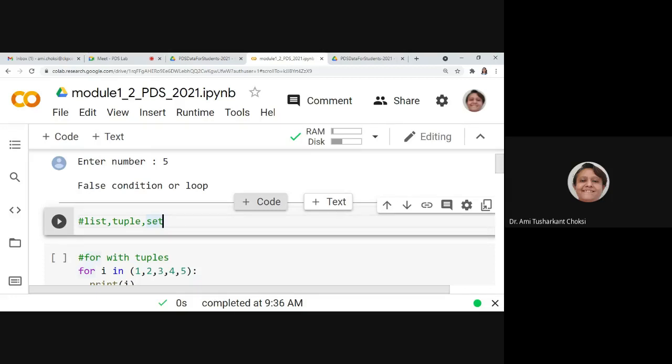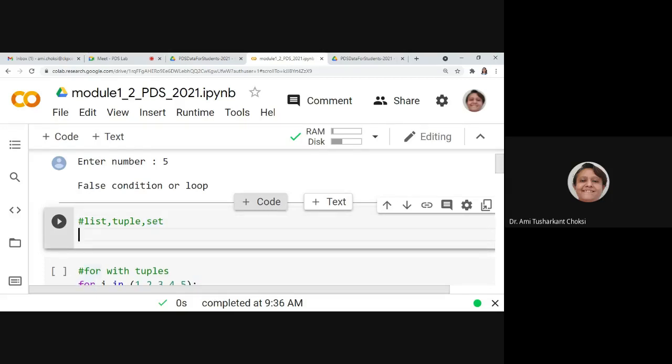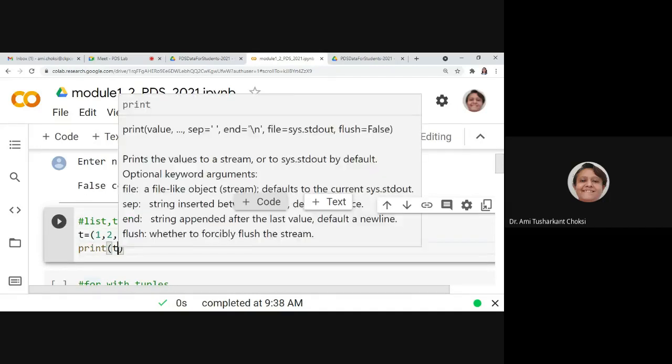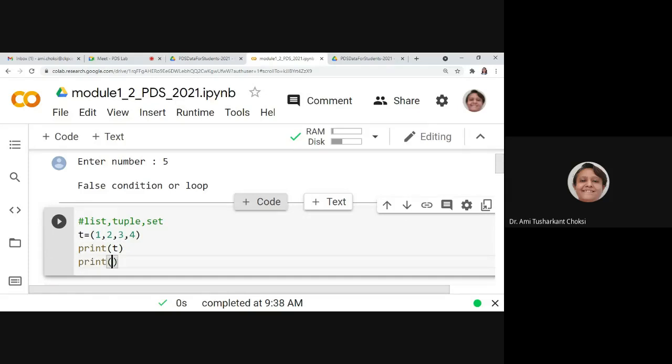So for that, tuple, say t is equal to comma separated values: 1, 2, 3, 4. For tuple, we should have these values inside the parentheses. Okay, so let me run this. Let me print t, and print the type of it also. We'll see that in detail. I just want to use it here.